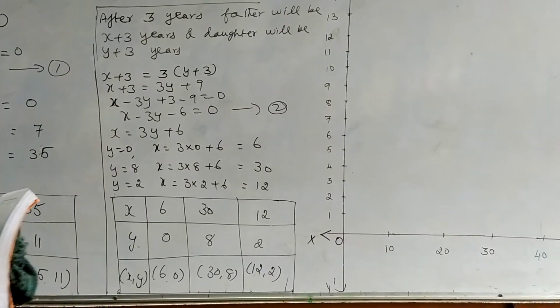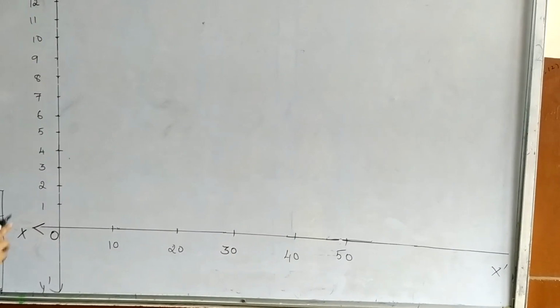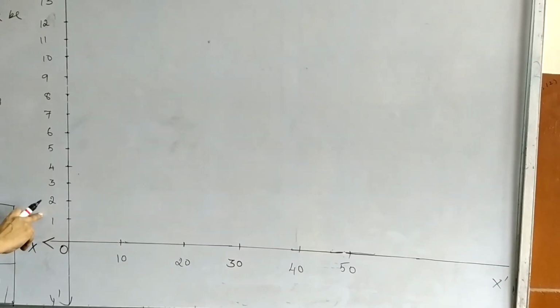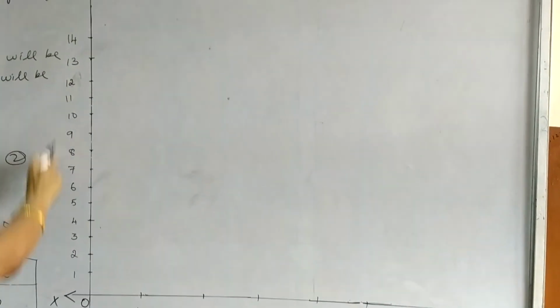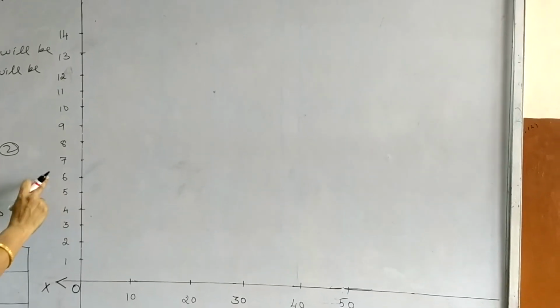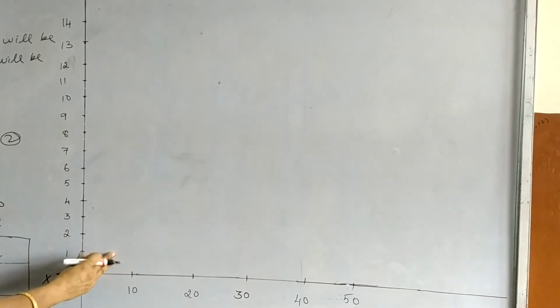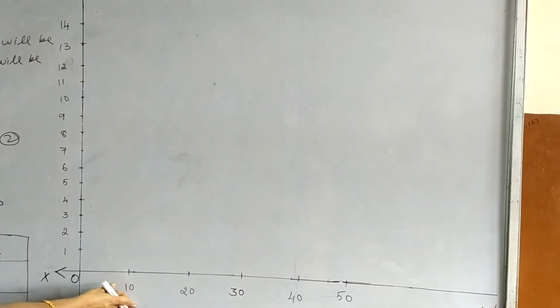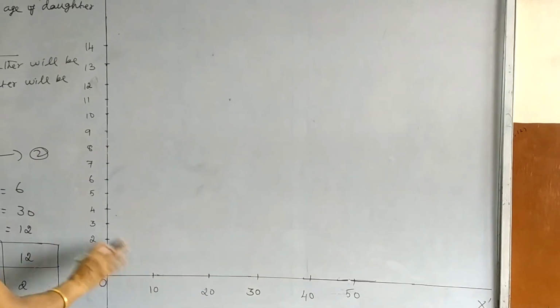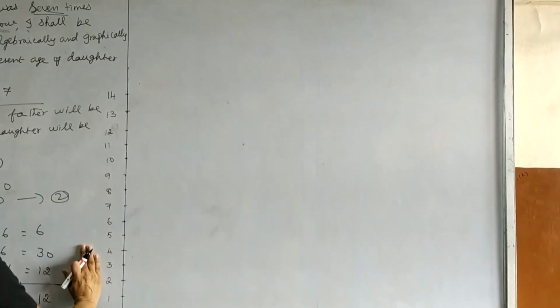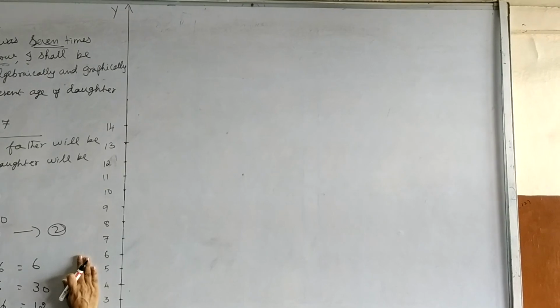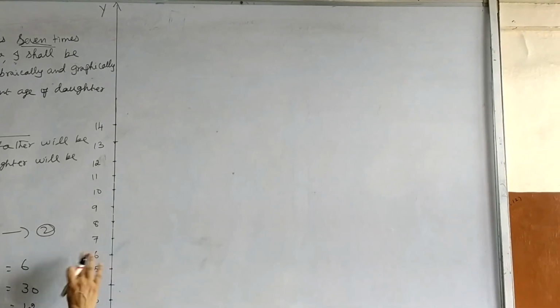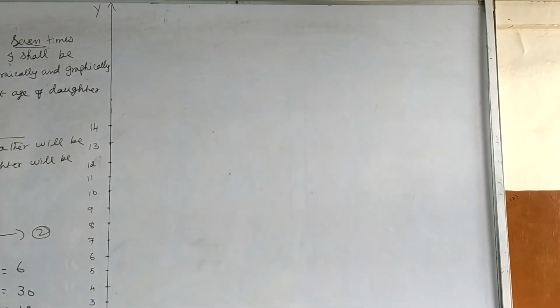I have taken the scale for the x-axis as 10, 20 and 10s, whereas for y values I have taken 1s only. So the scale also you can take as per your convenience. If big numbers are there, we can take in 50s also, 100s also, 1000s also. Last year we had done a good number of graphical sums. So hope you remember and you know how to choose the scale.